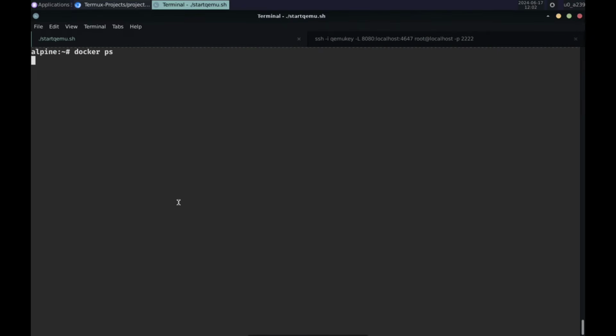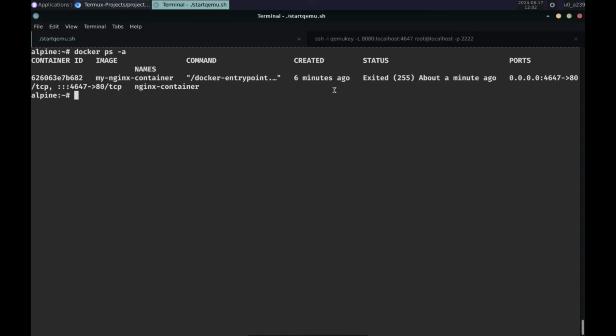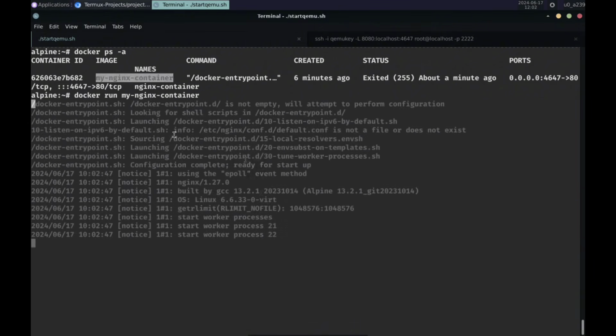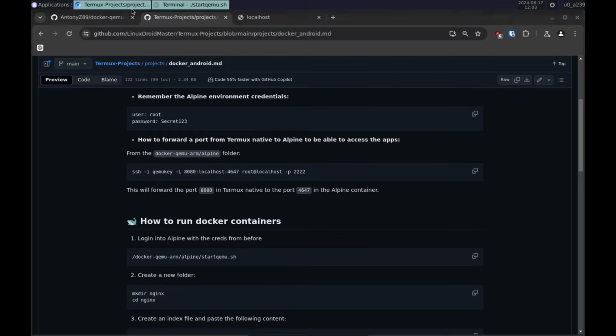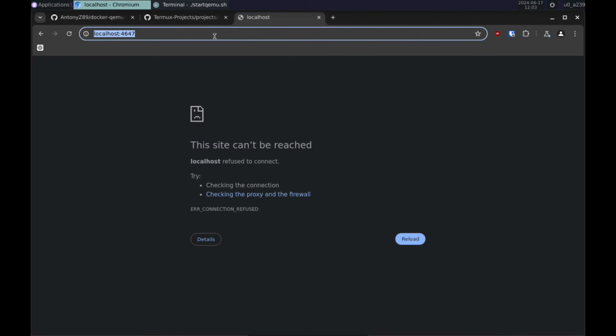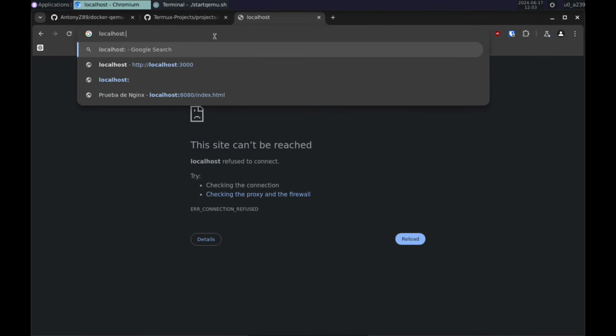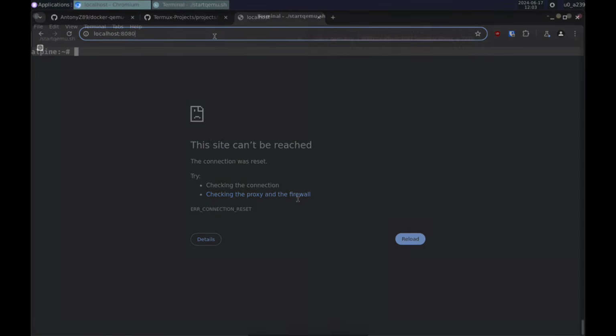So on our Alpine environment, check that now we don't have any Docker running, but if we see all the Dockers, we see the one that we have created before. So we are going to execute it again. Just docker run and the name of the image. But I got an error, so I want to show you how I fix it. If you go to localhost port 8080, we should see the NGINX server, but it is not running